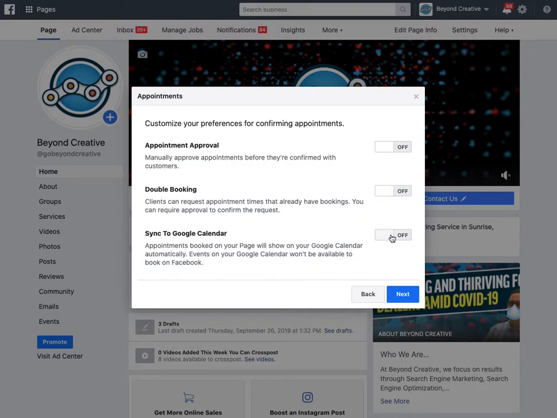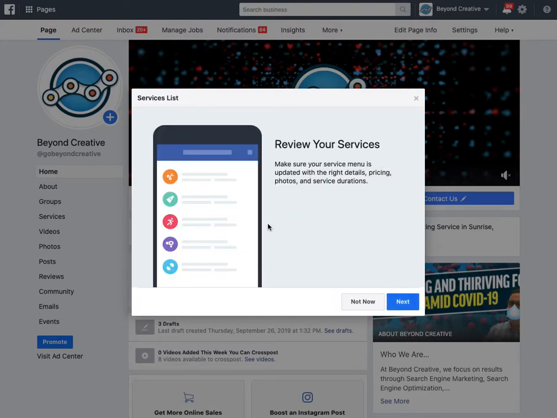And then last but not least, if you're using Gmail or anything like that, you want to sync to Google Calendar. That's a really neat feature. So that way it will be synced both ways. So when something's input into the calendar from Facebook Messenger or from your Facebook page, it'll come out automatically on your employee's calendar. Then you want to go ahead and hit next and continue through, and you can actually now